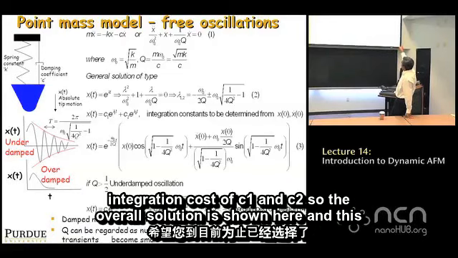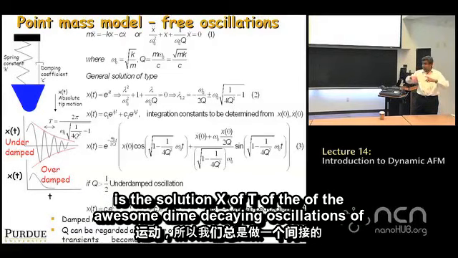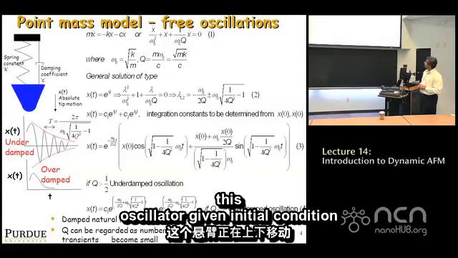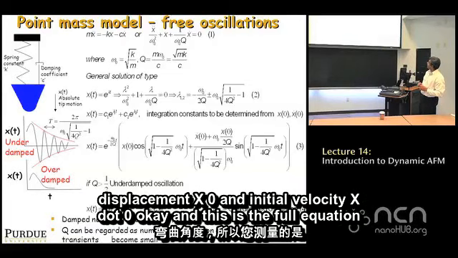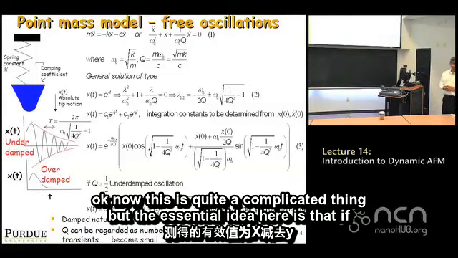So the overall solution is shown here, and this is the solution x of t of the decaying oscillations of this oscillator, given initial displacement x0 and initial velocity x dot 0. Okay, and this is the full equation. Now, this is quite a complicated thing, but the essential idea here is that if you look at the